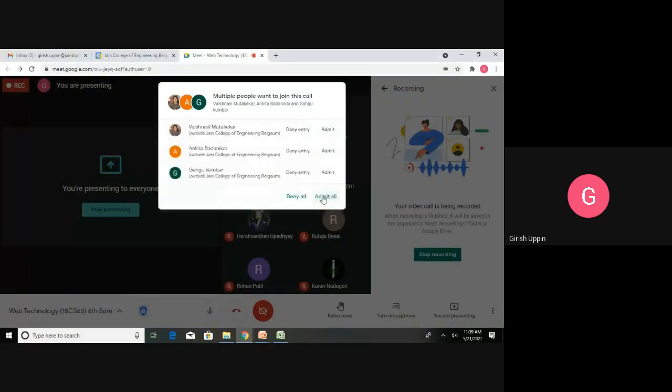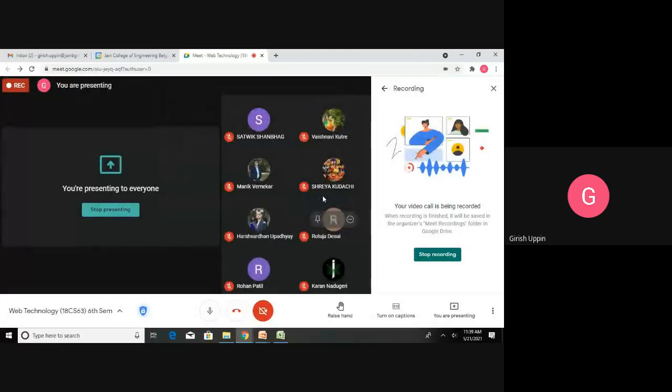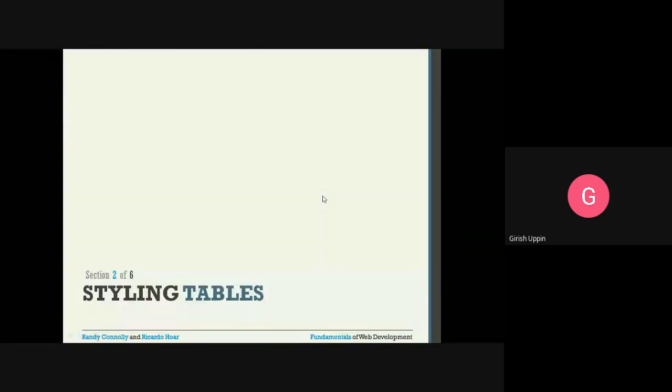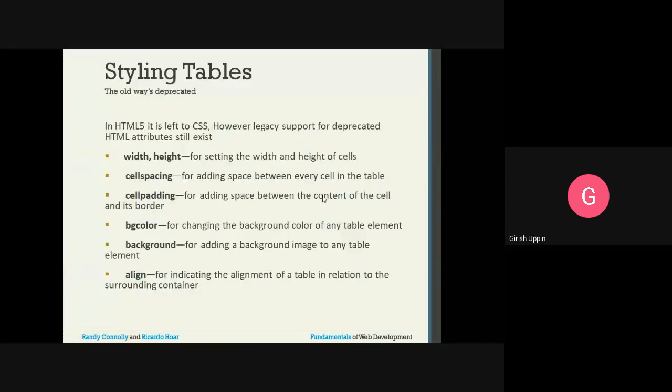And also we understood the need for table representation: many times we have data which is represented in a tabular format. A simple example is a calendar or any kind of financial data. So we need that. And also, tables over a period have been used for creating the layout for web applications. Now we will see what styling we can apply on top of the table HTML.